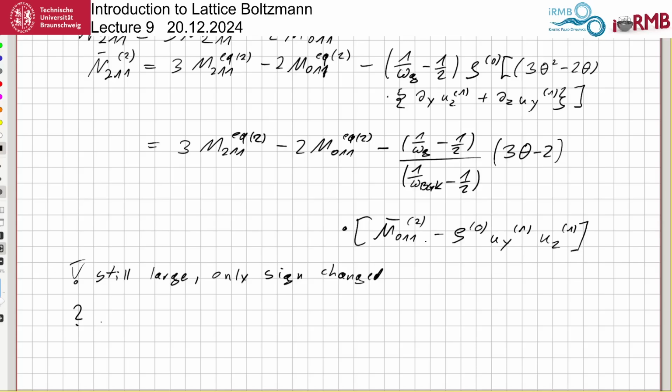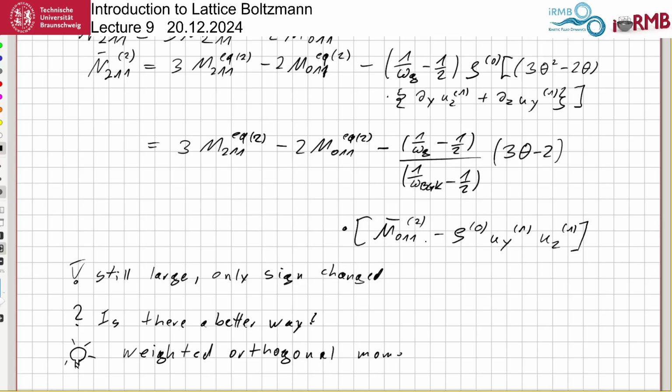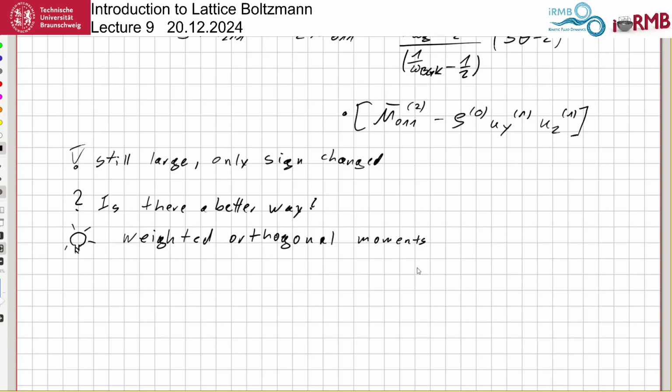And now let's come to this important question: is there a better way? And you can imagine already, this is by using weighted orthogonality. Why do we call it unweighted? Because there is a weighted orthogonality, and this makes your life easier. So let's call this small n, n211, and this is defined as m211,